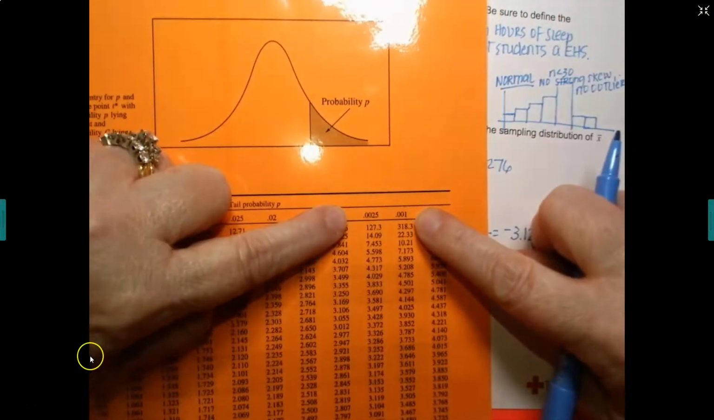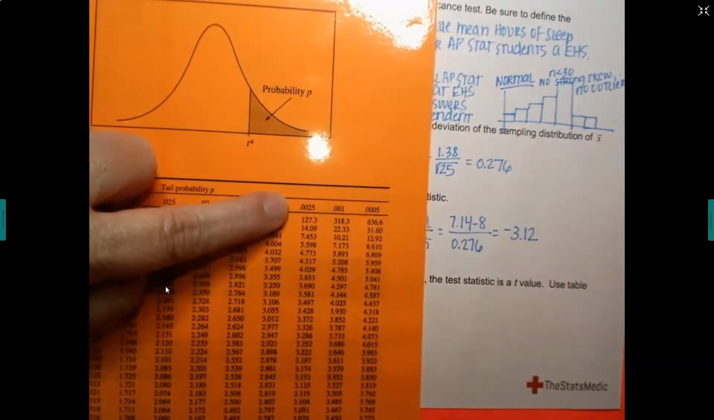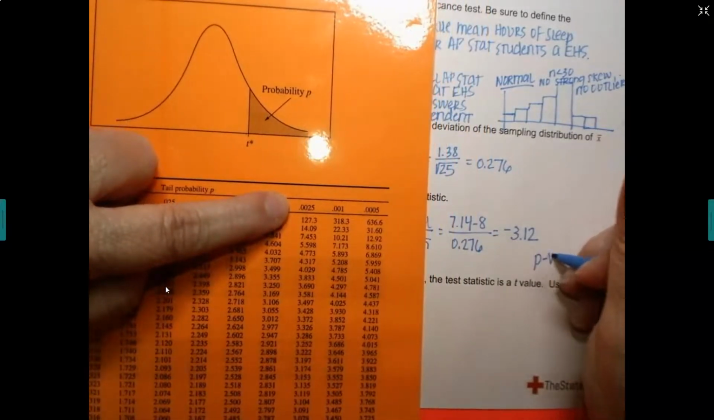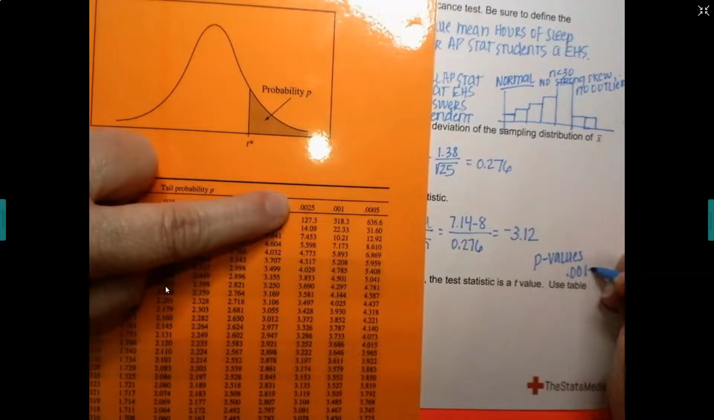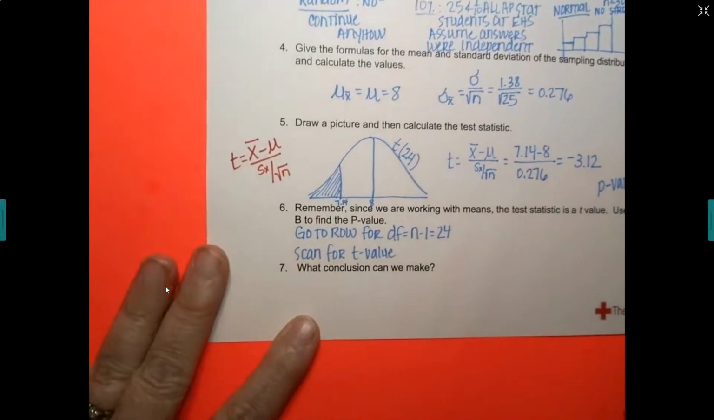So what I'm going to do is I'm going to create a range of p-values. So I'm going to go to the very top. Here's my range of p-values. So my p-values are going to be 0.001 to 0.0025. So when we do this,